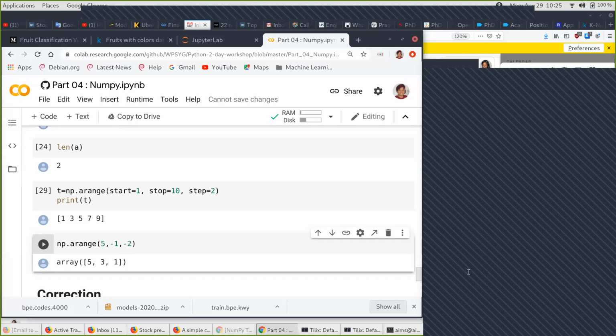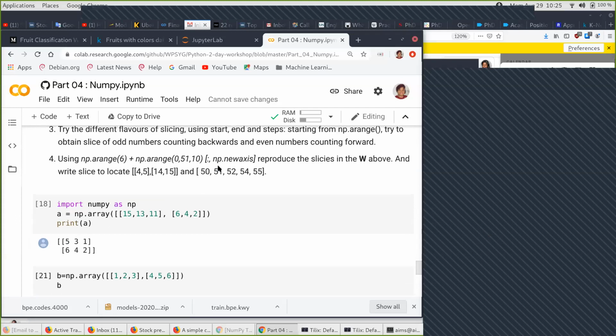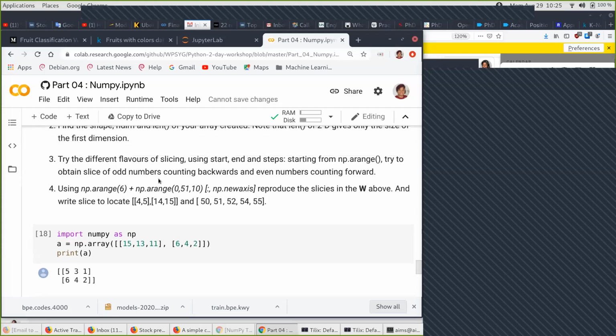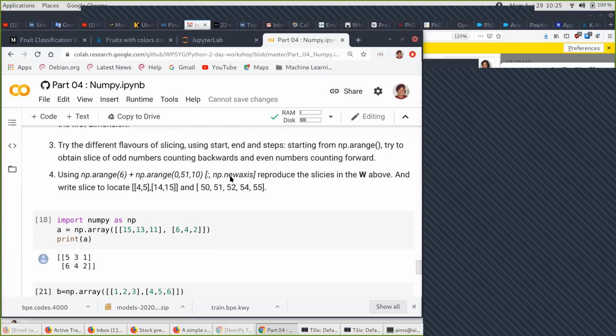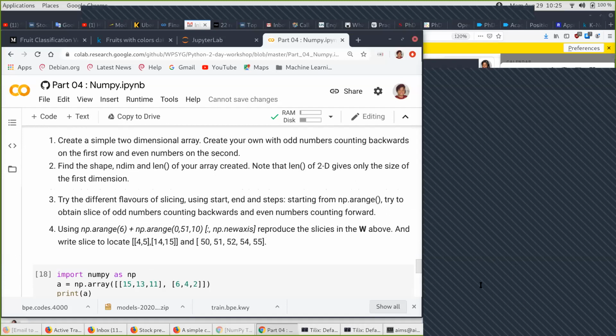Thank you, Darius. Okay, so now let's see the last question. Since we have our array, we now need to slice to get the slice of odd numbers counting backwards. Backward means that we'll start from